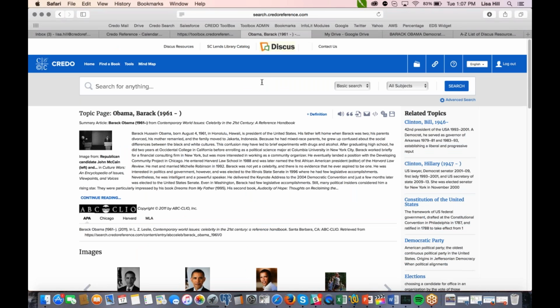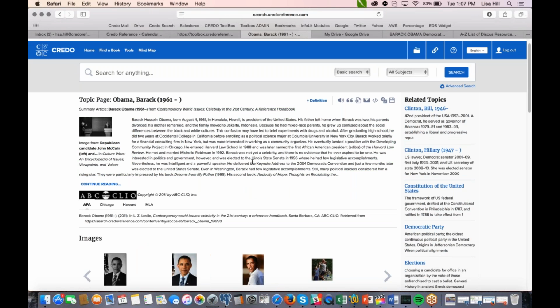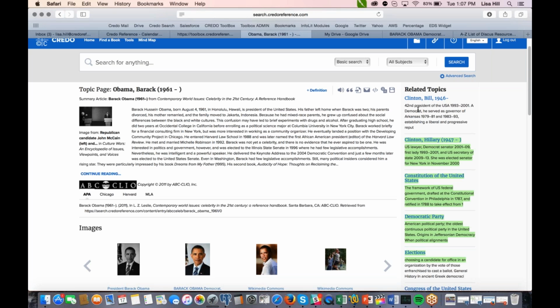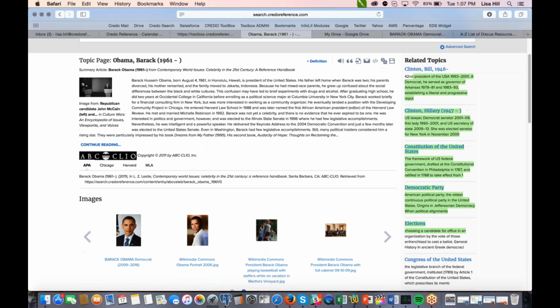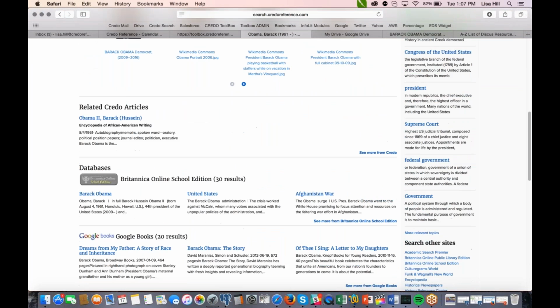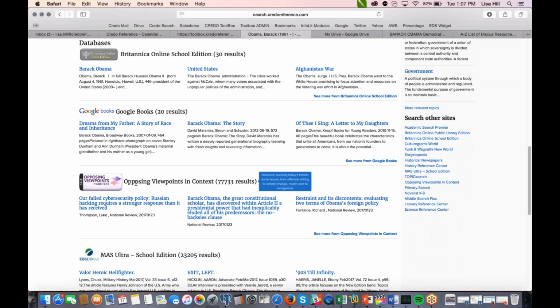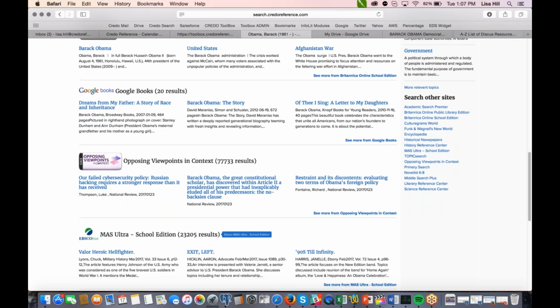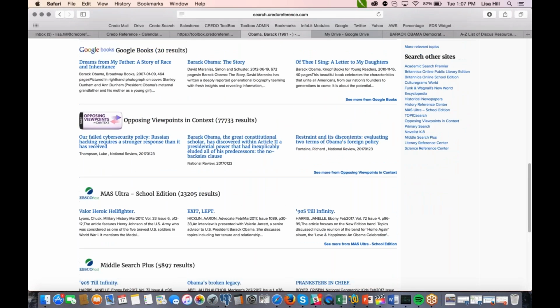When you give somebody a tour of the library, you can say, okay, we're studying Barack Obama. Here's your background information. This gives you the date he was born and the major highlights of his life and career thus far. On the right, we see a list of topics that relate in some way to Barack Obama. Images, and then I can scroll down and say, here's what Britannica is, and you have access to that as well. Here's what Opposing Viewpoints is, and you can access that as well. So you're able to instruct and teach your end users about the other resources in your library right from the Credo screen,